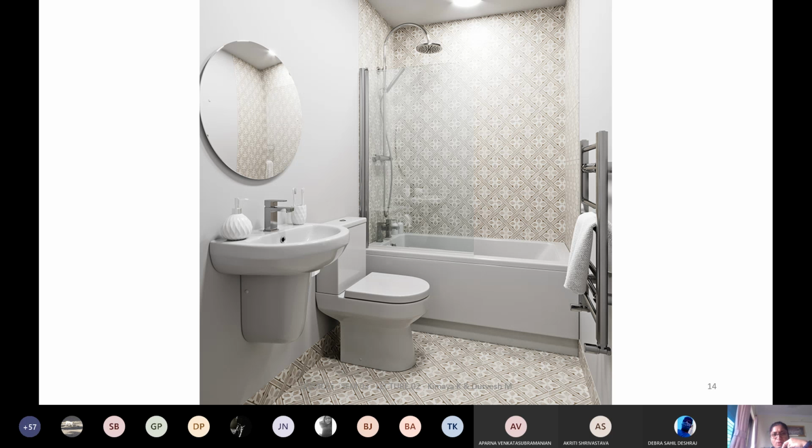This is another example where you don't have a shower curtain or a glass partition for the shower, but just a minimal partition that you give so that you avoid the water spilling out. At the same time, you get that openness. Otherwise, within a very tight space, it becomes very difficult to use. Now, if you understand this, the wash basin counter and the mirror need space. See how the space has been occupied, and that's why there's no point putting the mirror so close. So you always give a buffer space.